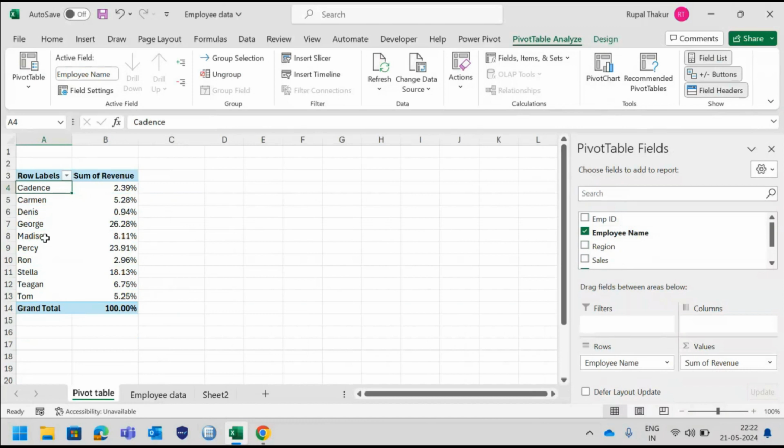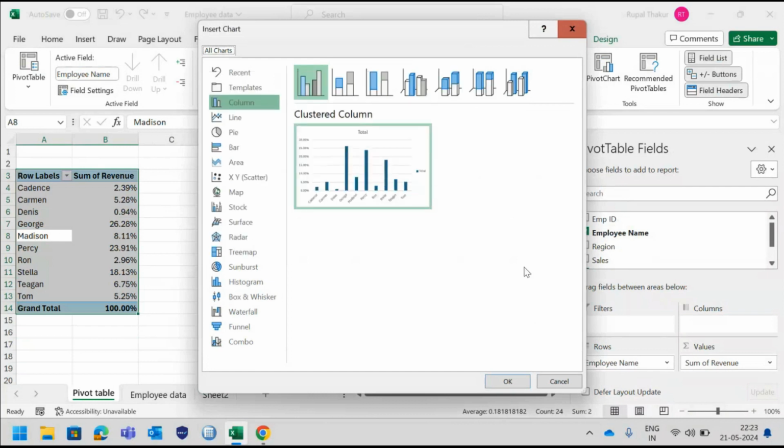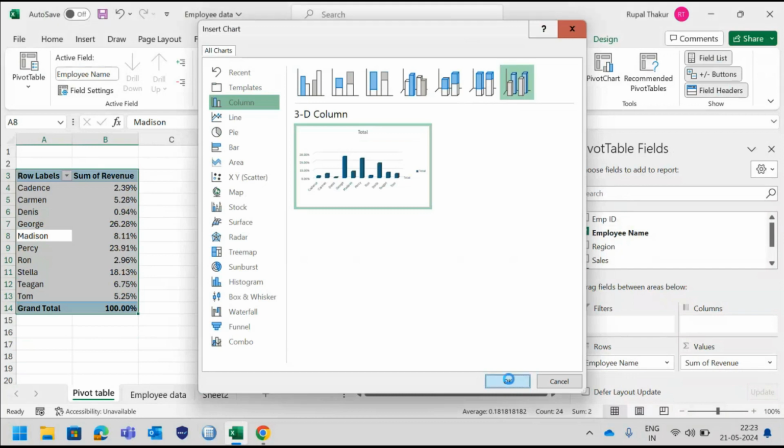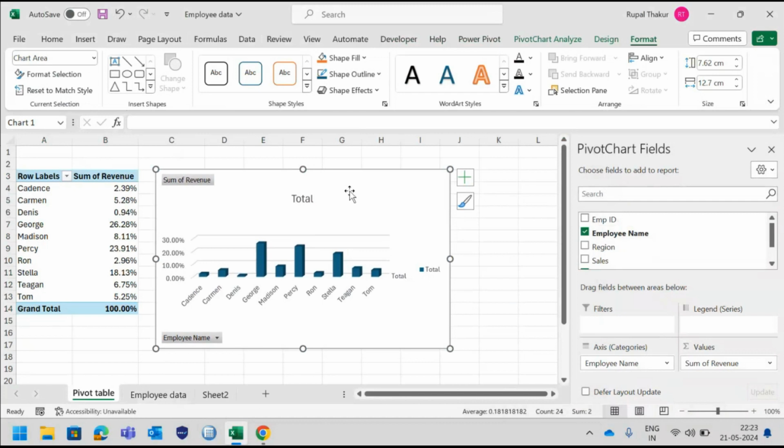So for that, what I can do is simply just click on this, select it, Control A, and then go back to the pivot chart. It will show you the appropriate chart. But if you want to do some experiment with it, you can just select some other options out there, right? You can just click on them. You can just work on them. All you need to do in the last, just click on OK, and the chart will get inserted into your file,